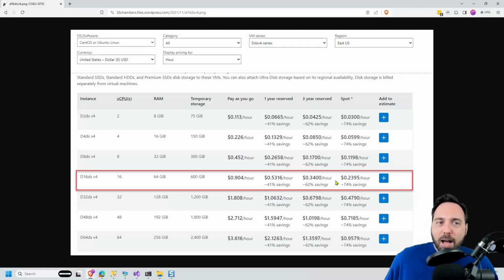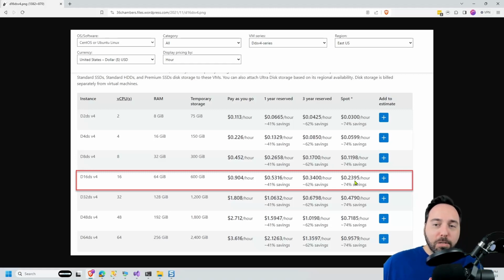Kind of. So the spot price is, like I mentioned, the price that you're paying because nobody else is willing to pay more. As soon as someone is willing to pay more, then they will kick you off. So if someone's willing to pay the pay-as-you-go price, or if they get a 3-year reservation, then they're going to get those assets. There's no kicking off the person who paid for pay-as-you-go or a 1-year reservation or a 3-year reservation, but there is kicking off the people who paid spot pricing.